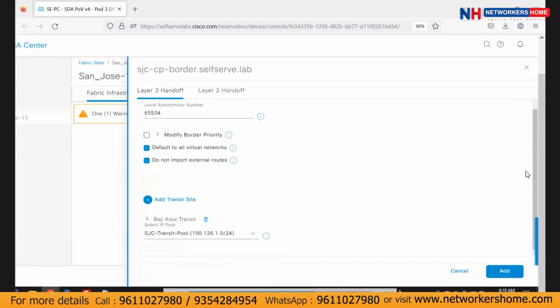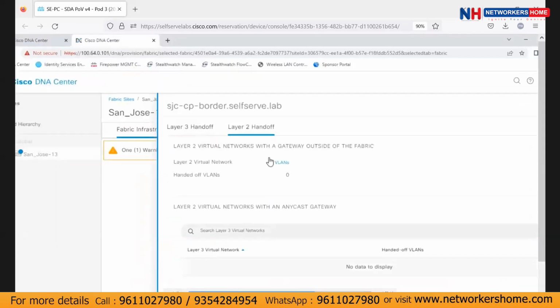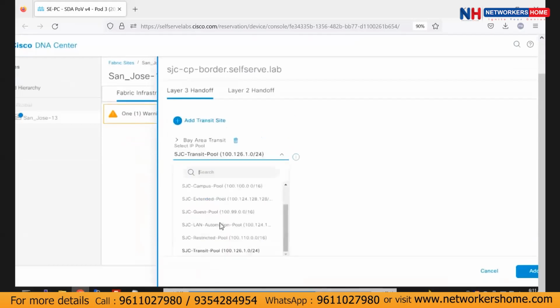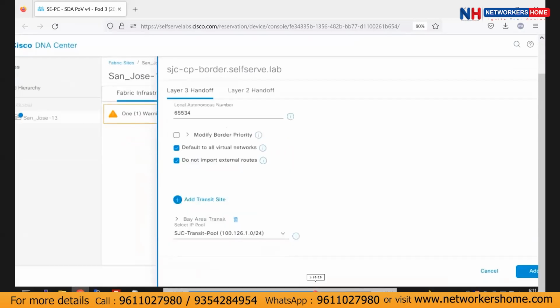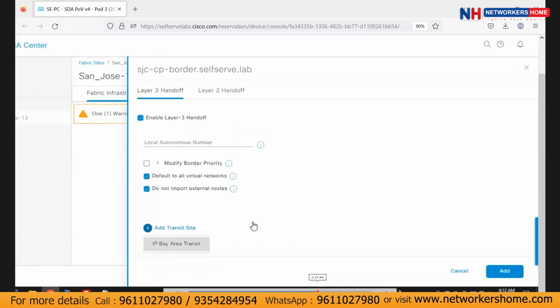There should be an option under this Bay Area transit of selecting the ports. Let me just forward it. Yeah. So here you can see